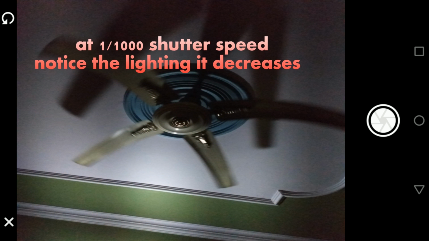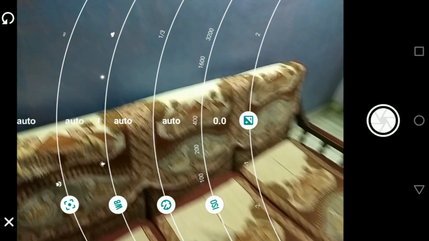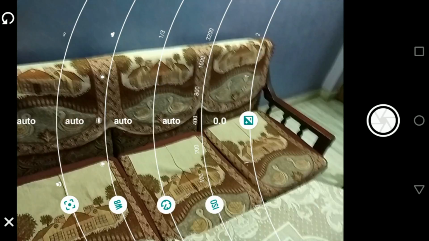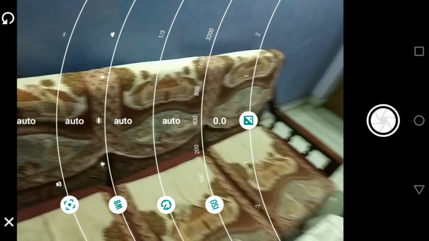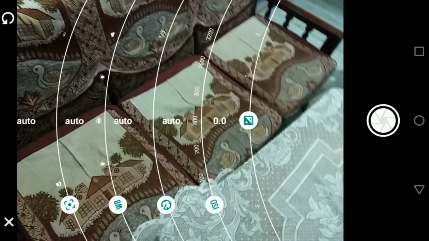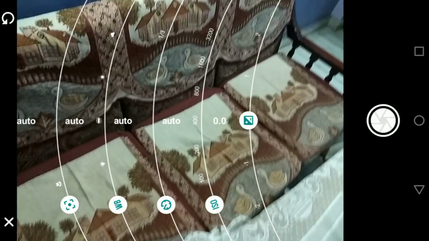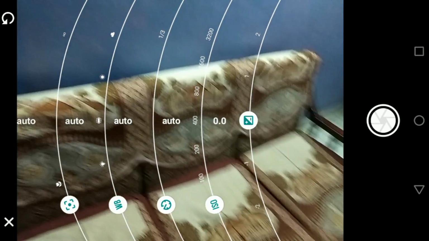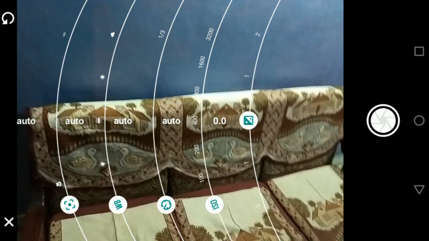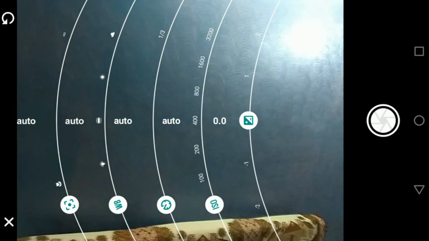But now, what is the ISO level, guys? ISO is represented by the image sensor. It is a value like 100, 200, 400. It determines how sensitive your camera is to light. The lower the value, the less sensitive it is. So guys, if there is an ample amount of light and I want my camera to be less sensitive,